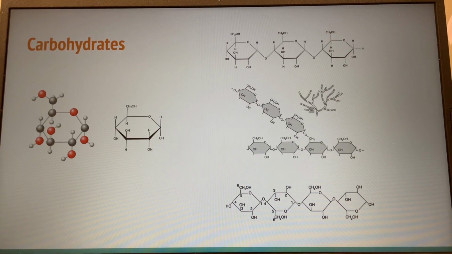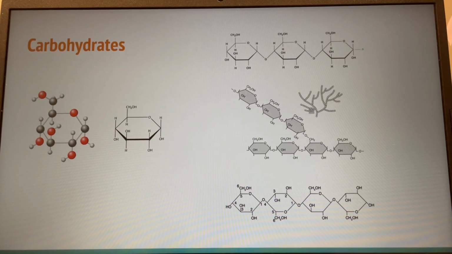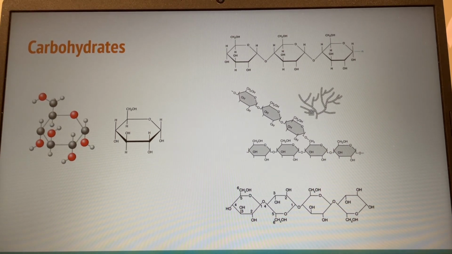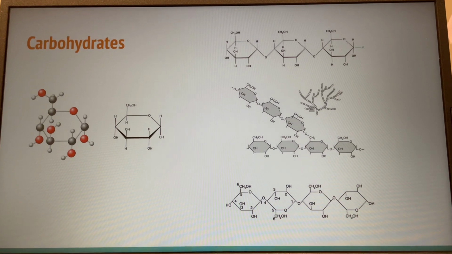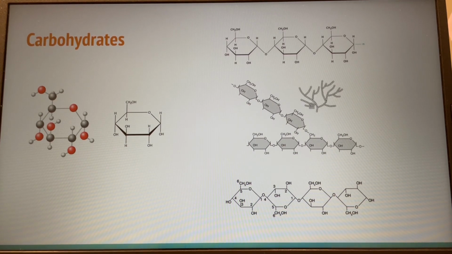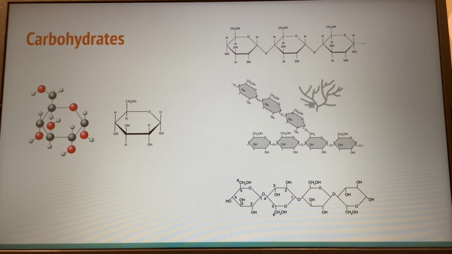The simplest carbohydrates, or sugars, are monosaccharides, such as glucose, which can then be linked by covalent bonds with other monosaccharides to create disaccharides and polysaccharides. The glucose molecule contains one carbonyl group and several hydroxyl groups. Glucose is the monomer building block of several carbohydrate polymers, including starch, glycogen, and cellulose. Starch is stored in plant cells, glycogen is stored in animal cells, cellulose provides structure to the cell walls of